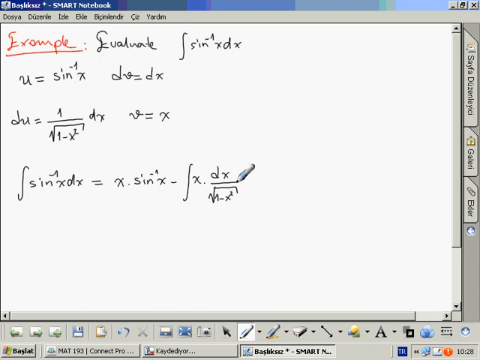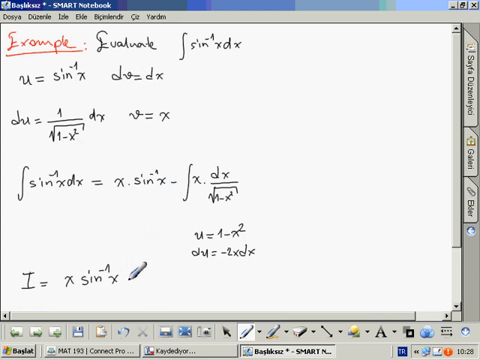Okay, we will use the substitution rule, which is u equals 1 minus x squared, so du will be minus 2x dx, and after that I equals x times inverse sin x,